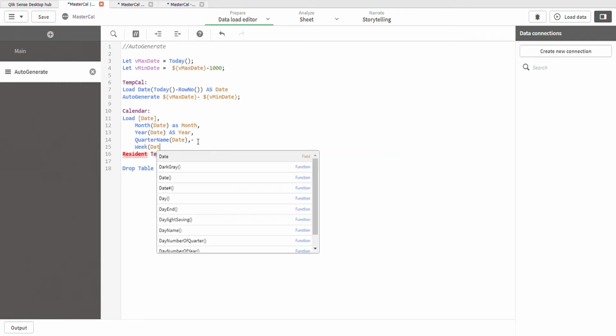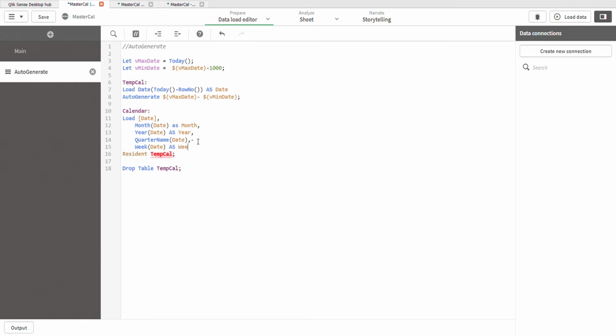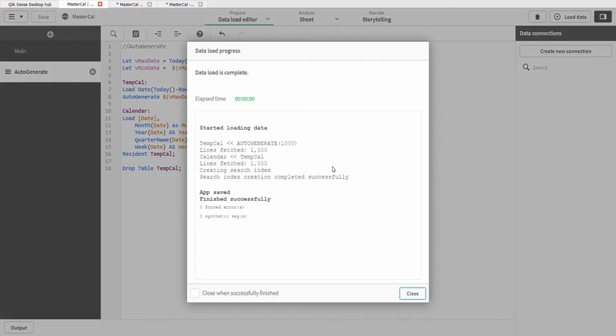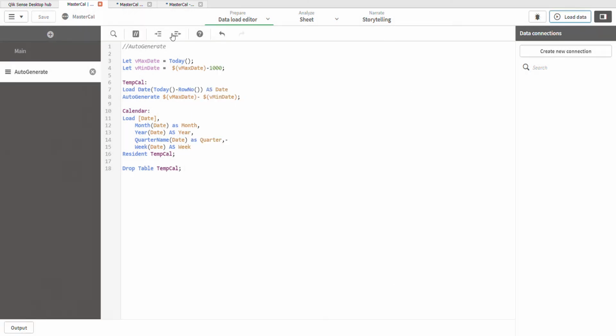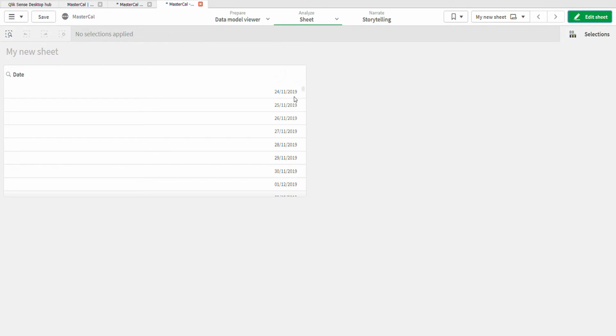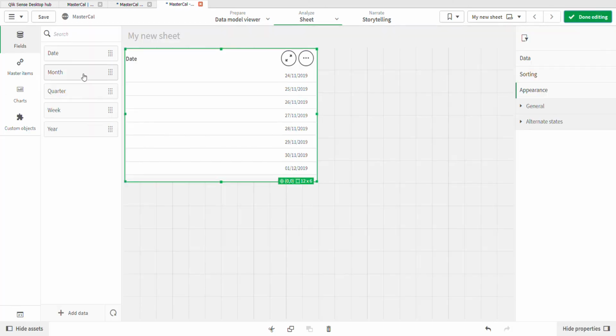So you see, now we're using the date that we have created, and we are going to work on some of the functions, and these are, by the way, date functions. You can call any of them. So here we go, and if I go onto the front end side, I'm just going to create a table,